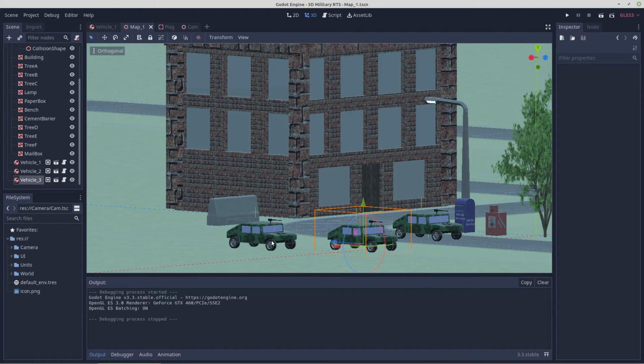So that's an issue. I'm thinking something along the lines of maybe ray casts on their tires. So maybe a ray cast on each of the front tires to give it a downward velocity if the front tires are not in contact with the ground, and ray casts on the back tires to